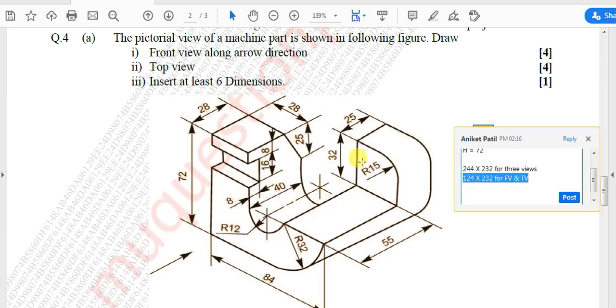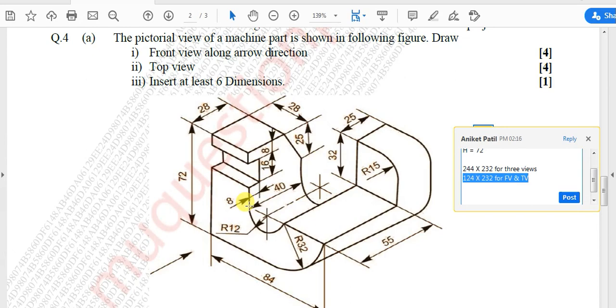As we go in the reverse manner, we know that this particular height is 32 and this particular radius, which means the distance between this point and this lowermost point, is 32, which makes this particular line to be at a height of 32 plus 32, which is 64 from the bottommost point. It is clearly seen that the level of this topmost layer and this topmost layer is not the same, and hence we have to go in the reverse manner, so that from the bottom at a distance of 32, this particular curve portion will be starting. So from this particular point, this particular edge will come up to that point.